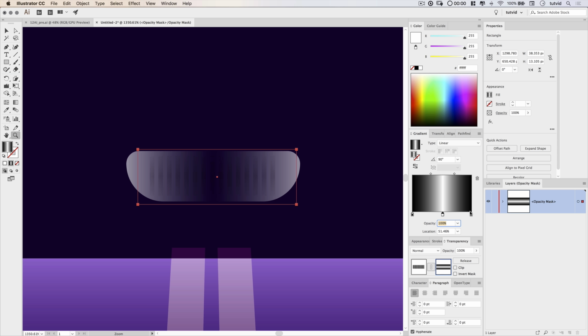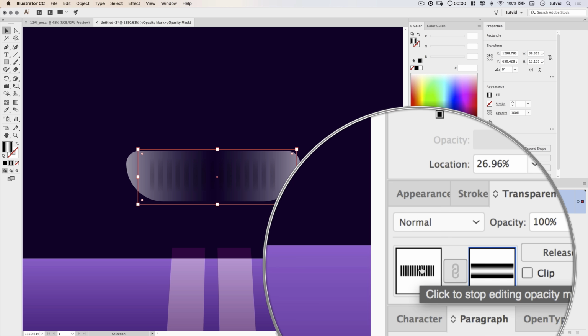And then it's just a matter of pulling these color stops in until the very top of the grill is gone, and expand the white out to really give some volume to the middle part of our grill. So something like that. It really does not have to be exact at all, as long as it just sort of looks like they're fading away a little bit. That's kind of the effect I'm going for.